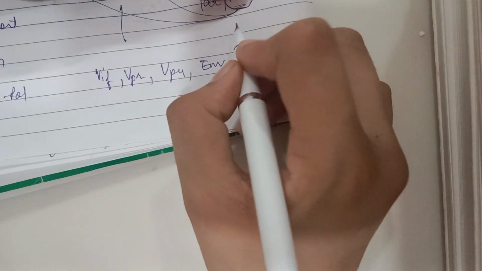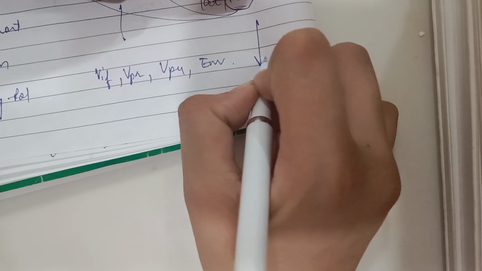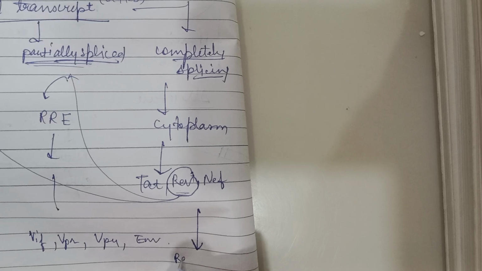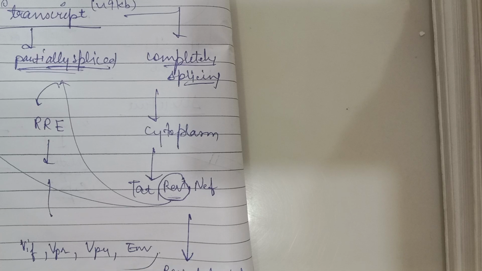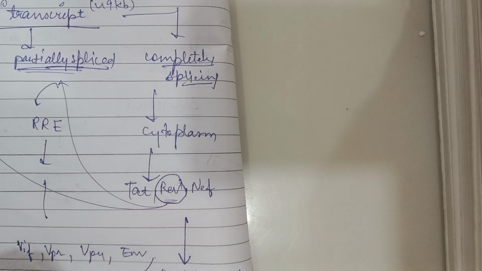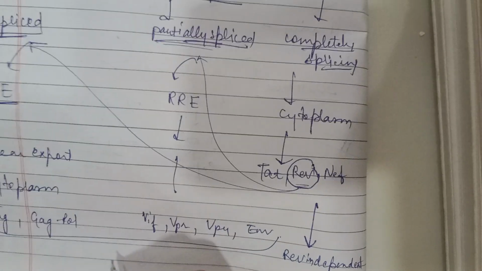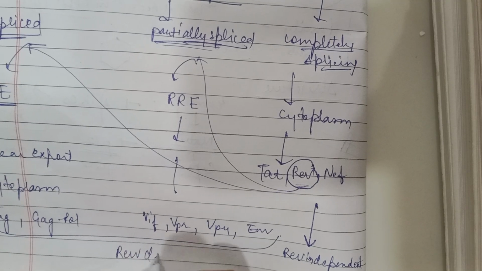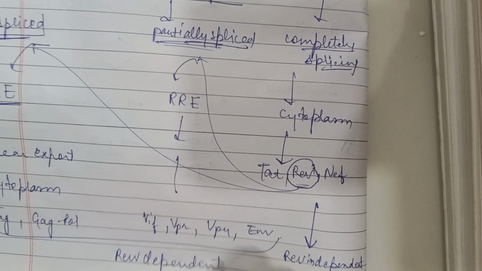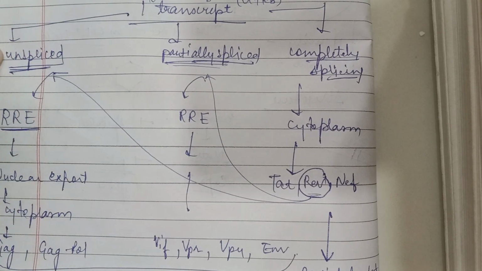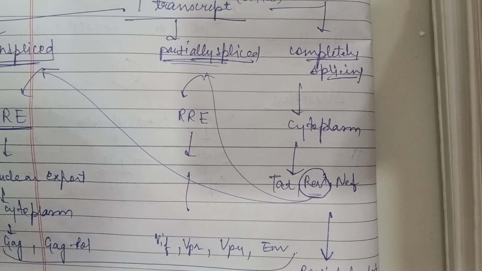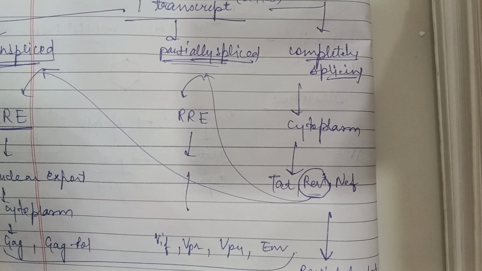Now, we can conclude from this that this completely spliced one is the Rev independent pathway, and these both are Rev dependent for the nuclear export. And the unspliced RNA primary transcript can get translated in the cytoplasm into its respective